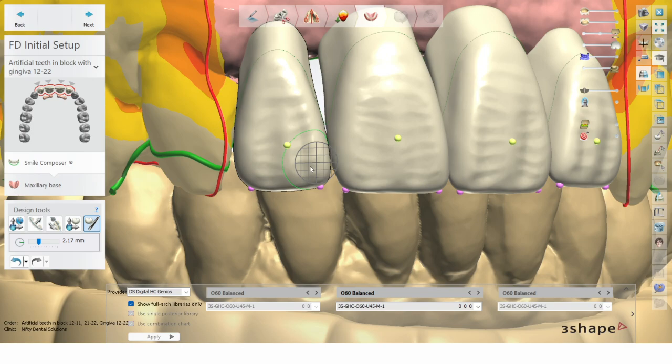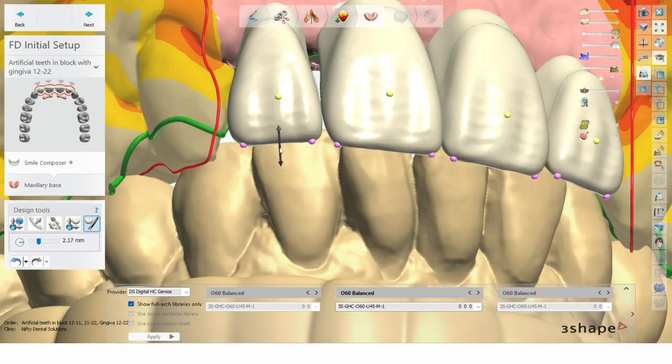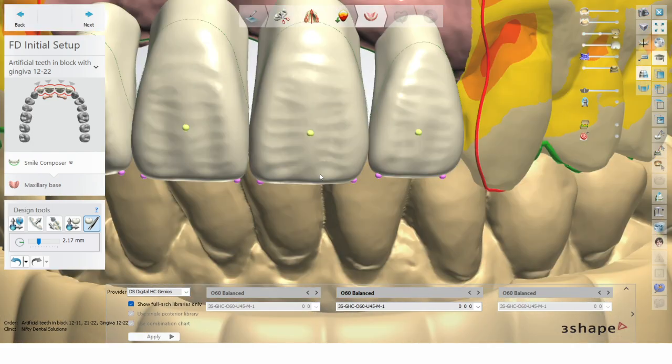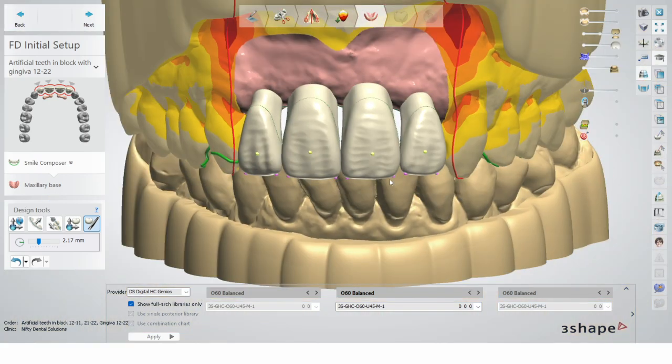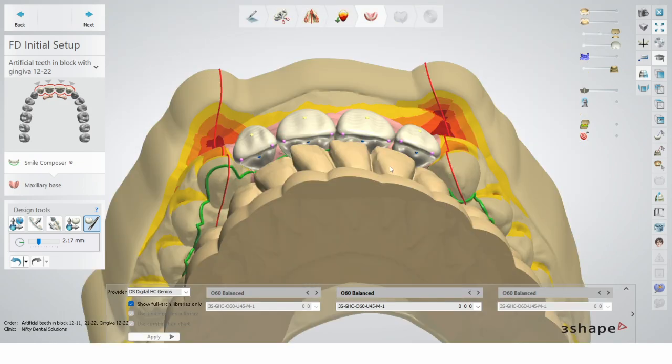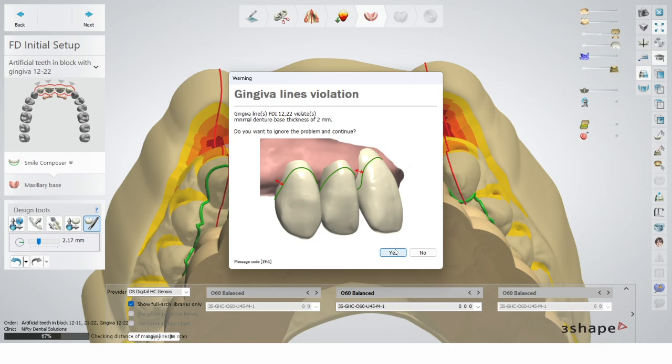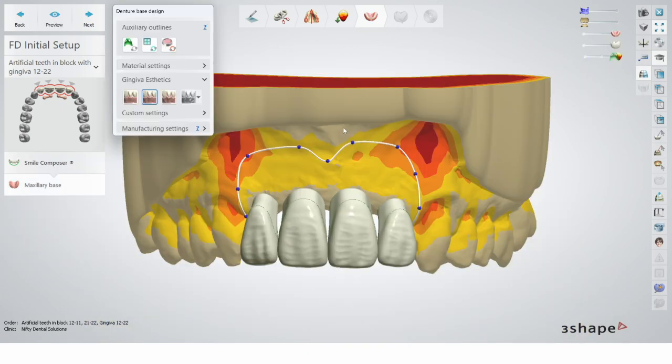Very helpful, especially if you want to make the shape a bit more roundy. That's exactly what I do. I target the area and I make them a little bit more roundy. This can be done later as well, because we will be able then to review and check all of the morphology and the teeth. So focus on position on the stage and then click yes. This is just like a gingival line violation because I'm going through a little bit with the teeth through the gingiva, but it's not a big problem because the software will cut that automatically later.